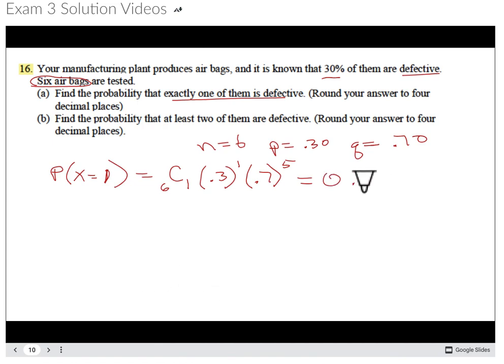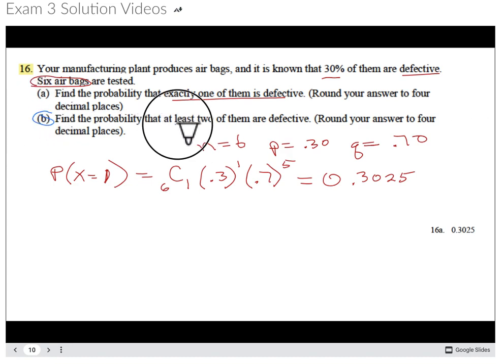0.3025. About a 30% chance, right? Let's check that answer. There it is, 0.3025. So we got the right process. And then remember, when we go over to the next one, the B part,